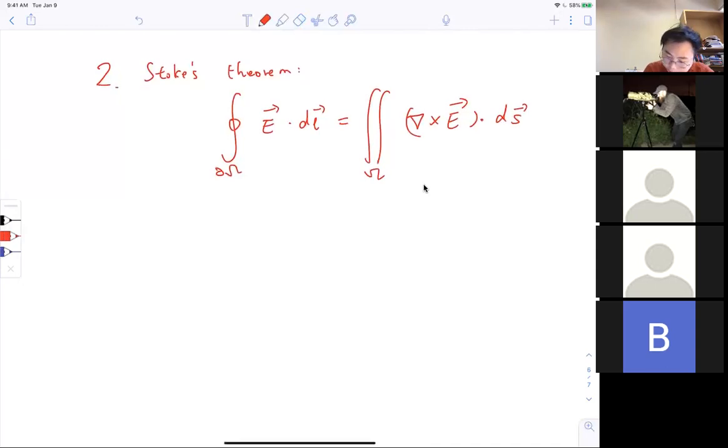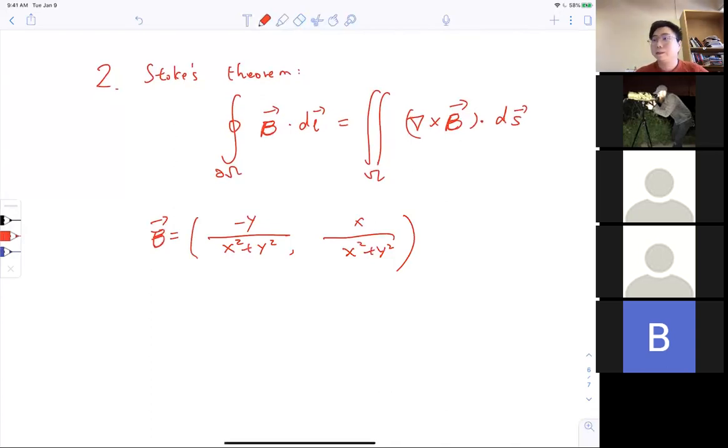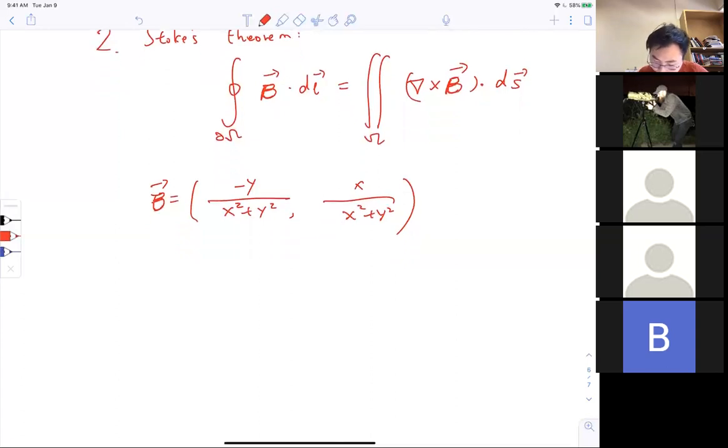If I have an electric field, let's use a magnetic field, it doesn't matter, it's just a symbol. It's minus y over x squared plus y squared, x over x squared plus y squared, something like minus yx. For this one,